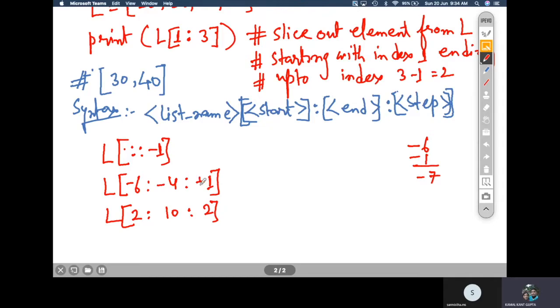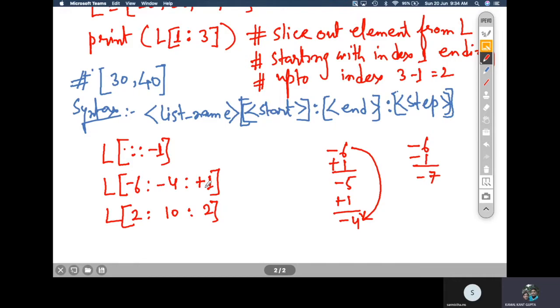So the jump should be +1. Here we have to give a +1, so that -6 plus 1 gives you -5, and -5 plus 1 gives you -4. So if you want to reach from -6 to -4, you should be giving a positive jump instead of a negative jump. That is the logic that we should apply while we are jumping from one value to another. We should just see whether there is a positive jump or a negative jump.